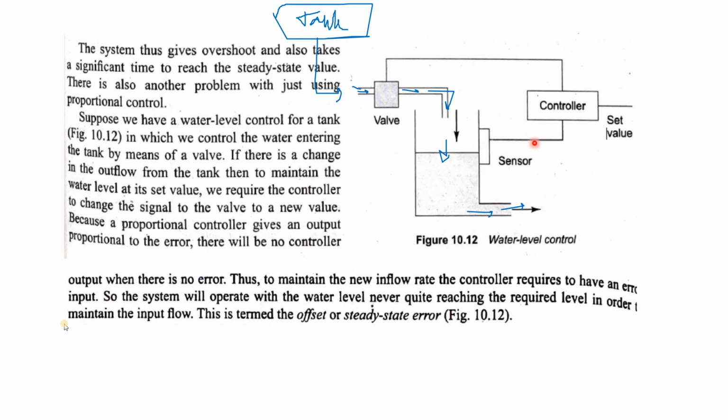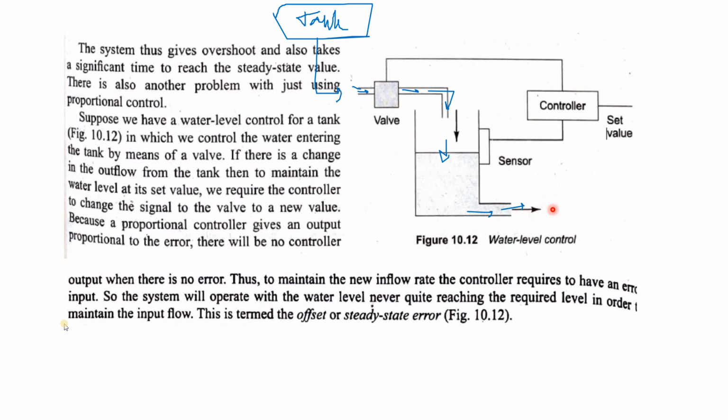Okay, so that means after 1 minute 2 liter will drop down, then the sensor will sense it, and then the controller action will give the control to the valve, and the valve will be open in such a way that 2 liter per minute water flow is achieved from the valve. So here also we are getting 2 liter per minute. The water is also decaying 2 liter per minute.